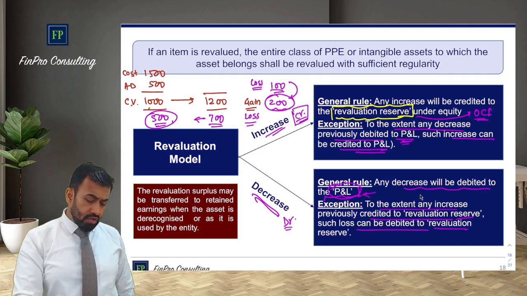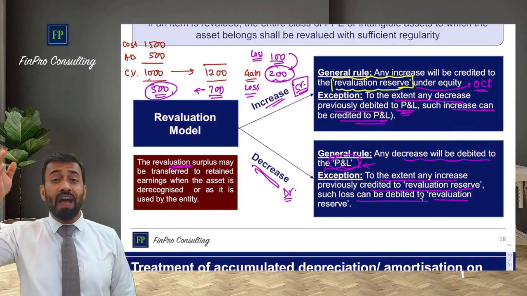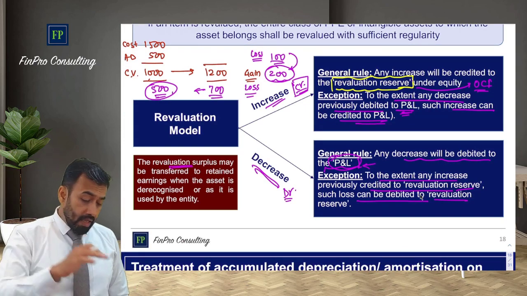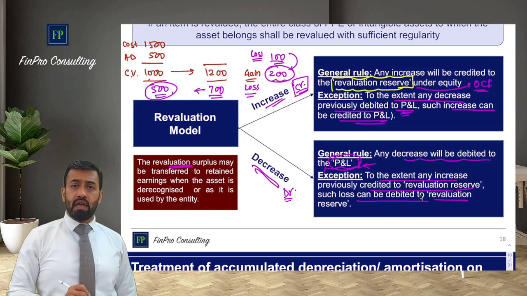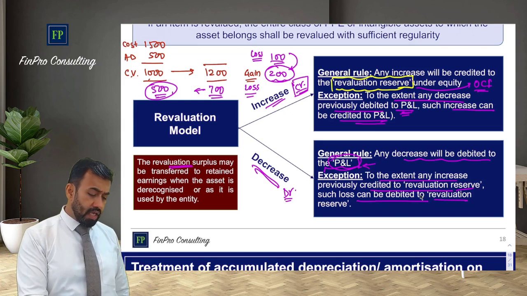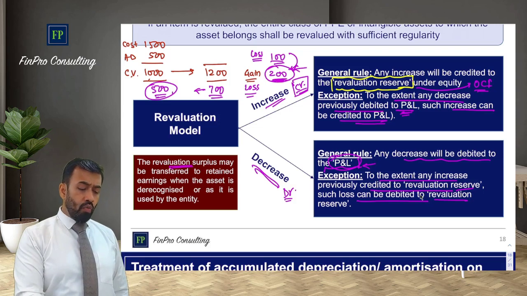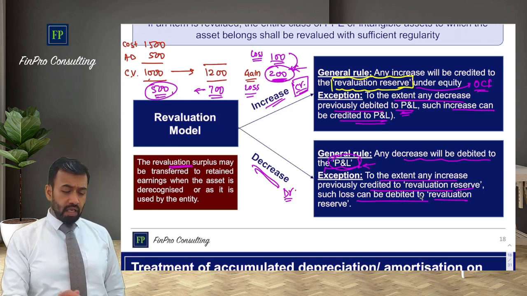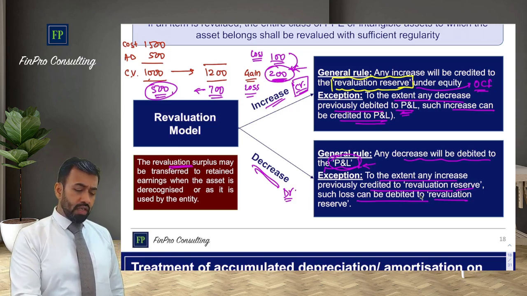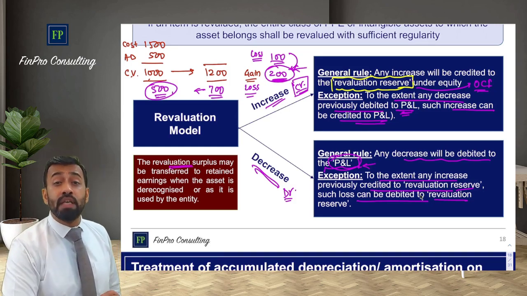This revaluation reserve is a part of the other comprehensive income. This other comprehensive income, now there will always be a balance of, let's say in this case, a balance of 200 in OCI. Now this 200 in OCI, what is to be done with this? Ideally nothing. However, what we will do is, because of this 200 there will be additional depreciation. Am I right?